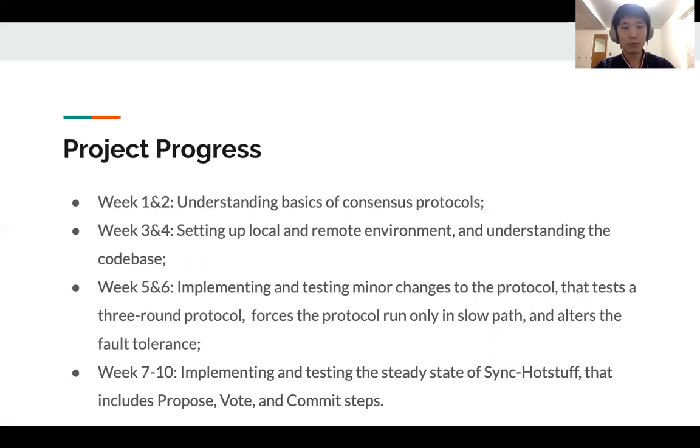For our project progress, in the first 2 weeks, we tried to understand the basics of consensus protocols, including various types of failures, like crash failures, omission failures, and finally Byzantine failures. We also read several papers about SBFT and Sync-HotStuff so that we'll be able to understand the protocols